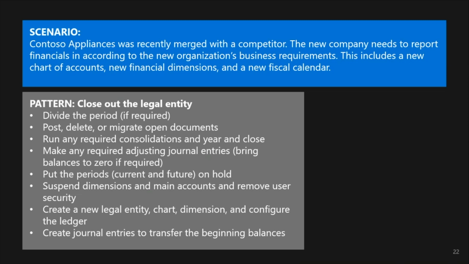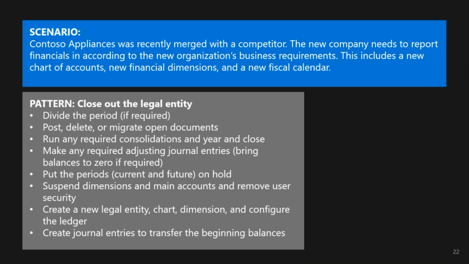You'll want to run any of those required consolidations in your year-end close processes in the old company. Make any of those required adjusting journal entries. You might also need to bring those balances down to zero, which if you're running your year-end close, it'll do it for your P&L automatically. You're going to want to put the periods, your current and your future ones, on hold as appropriate, and suspend your dimensions and main accounts and remove any user security so people can't go into this old legal entity and